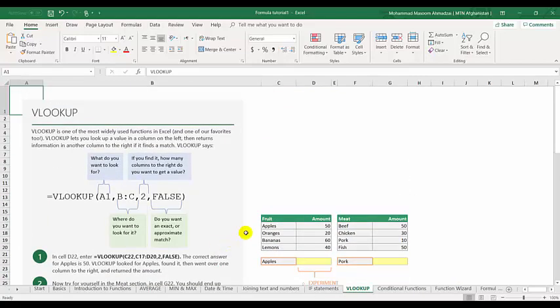Next we have the VLOOKUP. VLOOKUP is also one of the most powerful formulas in Microsoft Excel. If I want to know the amount of apples, here the amount is given, and I want to know here. So what I will do, I will do a VLOOKUP,